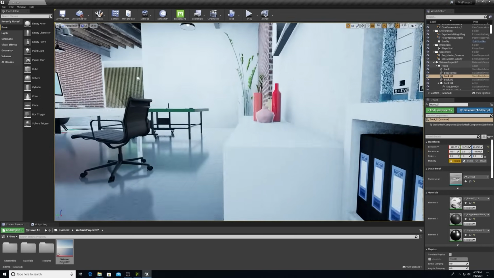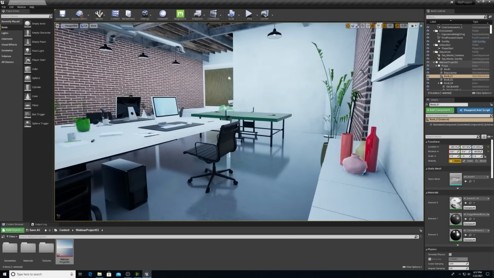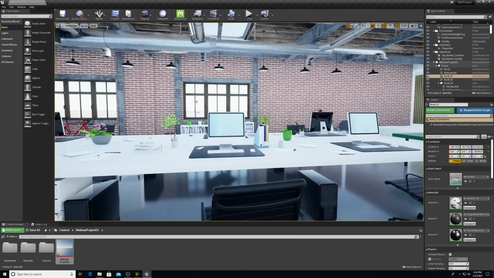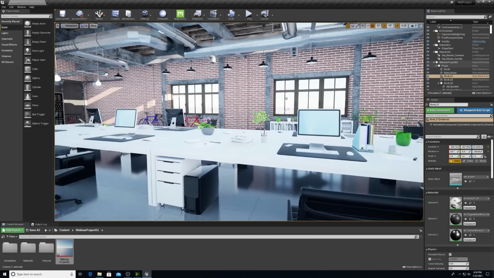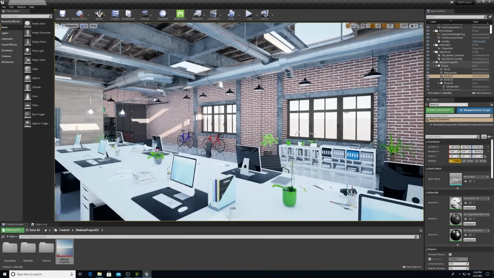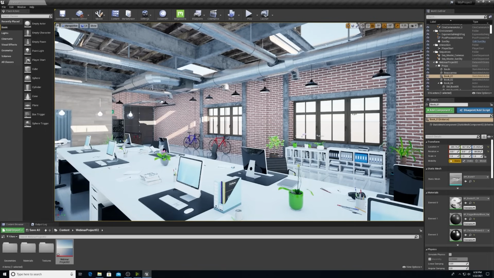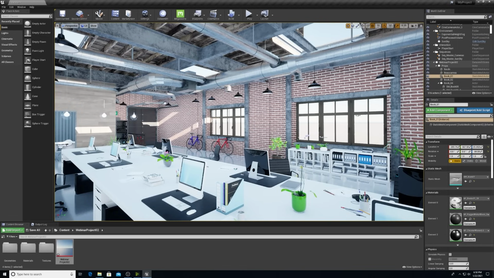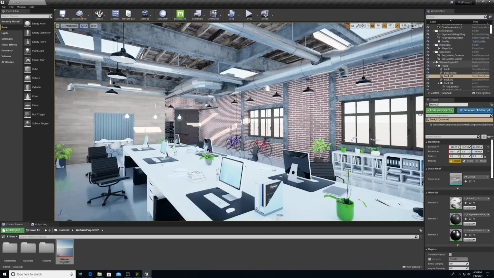Now, let's take a look at the project and see how it imported. Looks like the textures and materials all came in quite nicely. But let's set up some features in Unreal that will take this project to the next level. As mentioned, I'll be showing the setup for ray tracing and lighting. Then I'll go through the post-process volume, how to make edits to the model, and lastly, what is possible to achieve with some of the new features from Unreal 4.26.